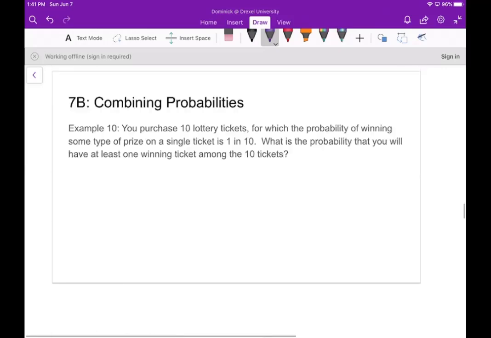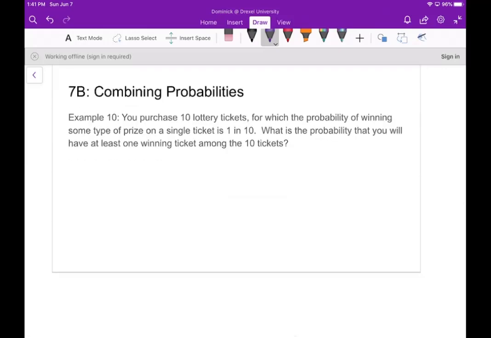Okay, now for the last example that we'll do for this video, we have that you purchase 10 lottery tickets for which the probability of winning some type of prize on a single ticket is 1 out of 10. So the probability of a prize on one ticket is 1 out of 10. Now we want to know what is the probability that we will have at least one winning ticket among our 10 tickets. So of course this is the probability of at least one winner,